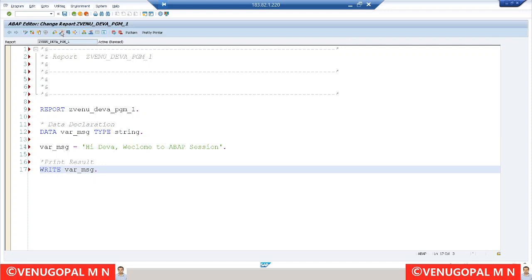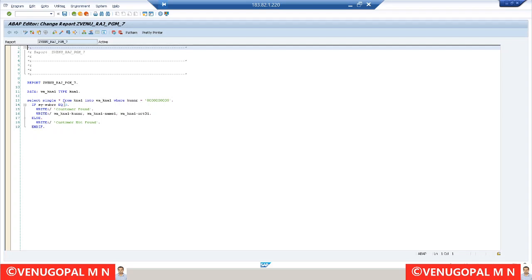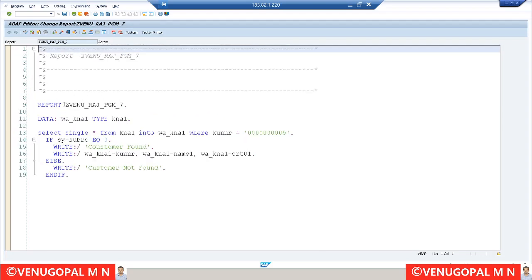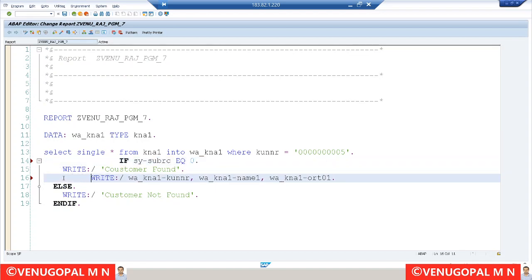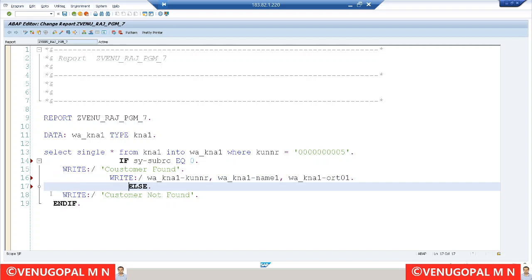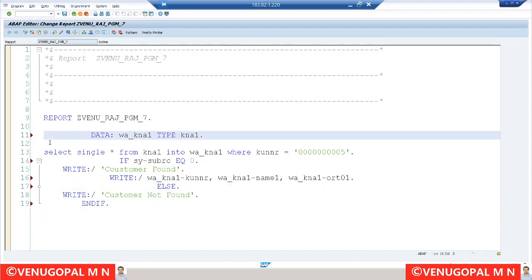Using this Pretty Printer option, we as ABAP programmers can make our program look very simple. Let me take one big program and see how the indentation works. In this program I will place an ELSE somewhere here. See, my code is looking very odd, correct?